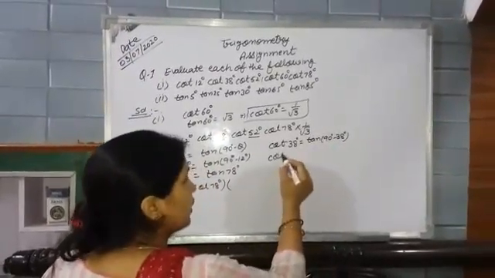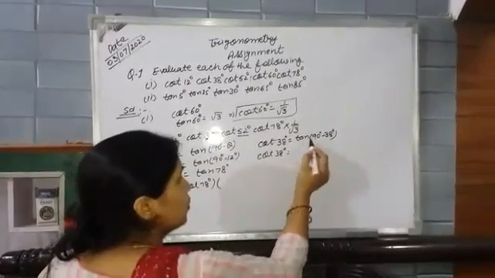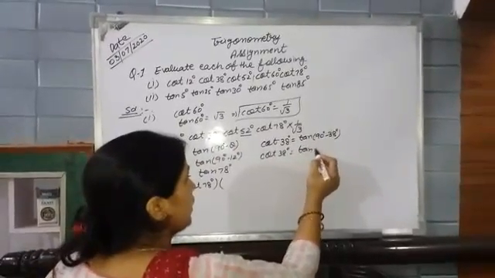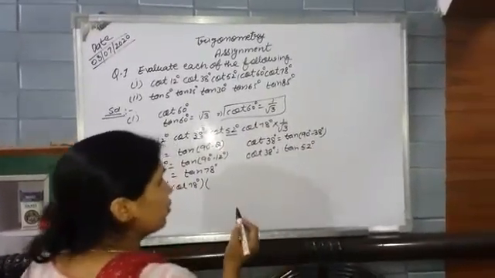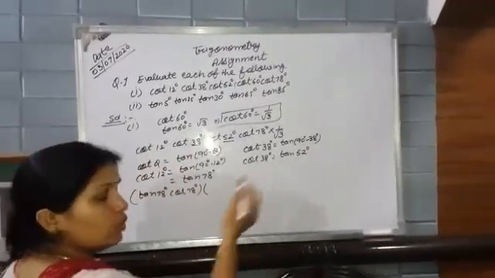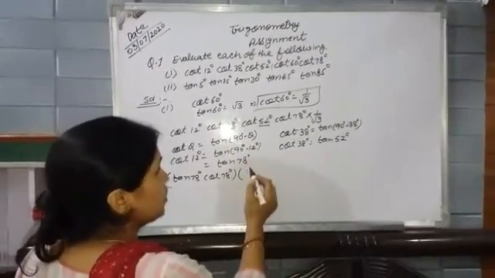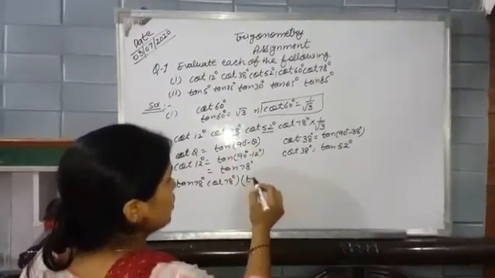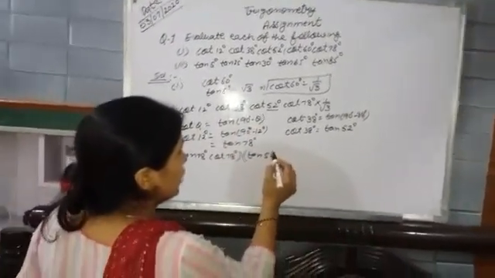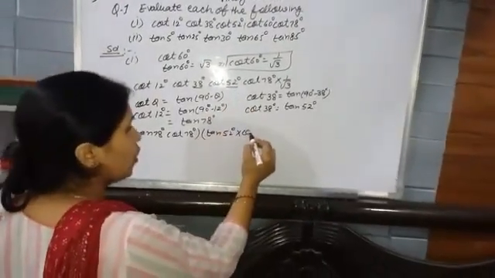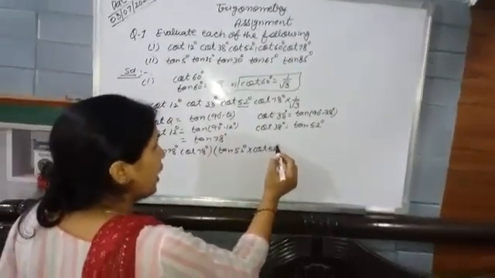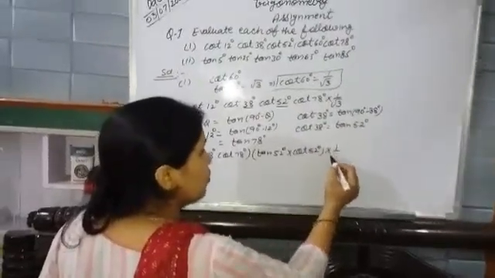So cot 38 degree is equal to tangent of 90 minus 38, which is 52 degree. It means cot 38 is equal to tangent 52. So substitute this value: cot 38 is tangent 52 degree, into cot 52 degree,